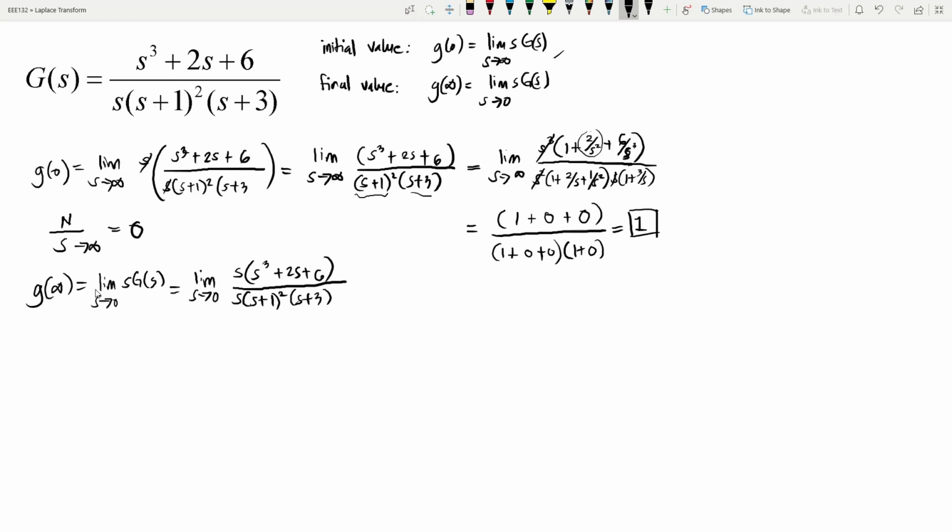Now substituting 0 for the variable s, we have 0 plus 0 plus 6 over 0 plus 1 squared times 0 plus 3. We have a final value of